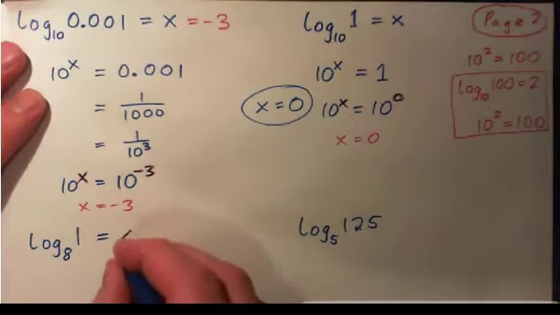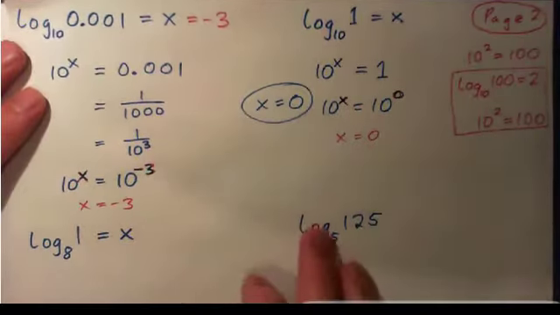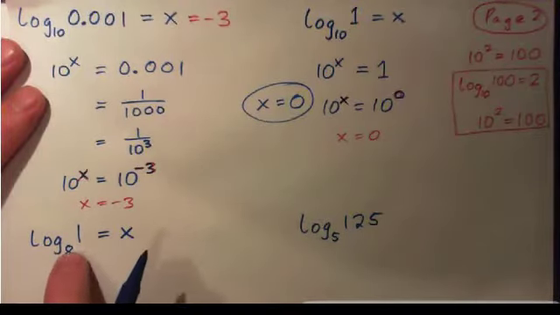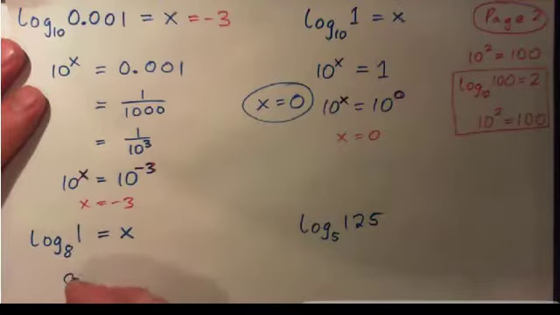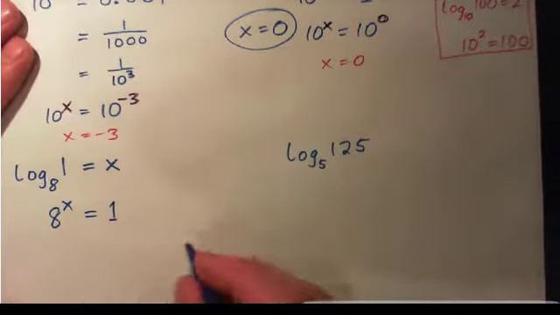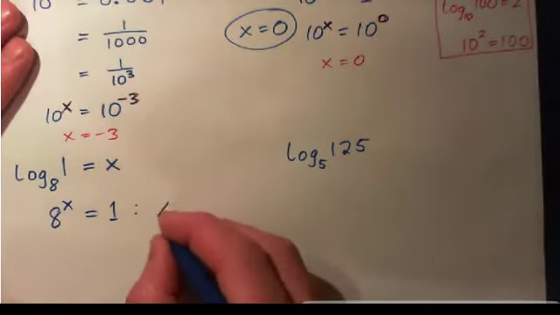We set this equal to x. That's one way of doing it. This is what we're looking for. To turn this into an exponential equation, we go this to the power of this equals this. 8 to the power of x equals 1. And then we try to figure out the answer. Now you might simply just look at this and say, oh, x has to be